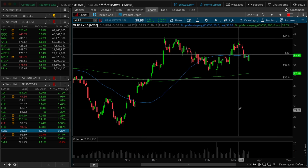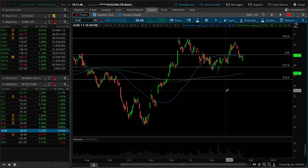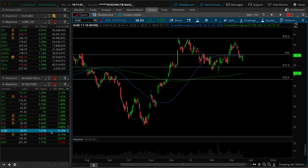Here's real estate. What do we see out of real estate? Rate sensitive, obviously, ticking back in the upward direction today after the FOMC, but still underneath this inflection point here. It's a really lightweight sector, and what do we always say about these? It becomes more important when you break a key inflection point, basically a bigger pivot, right? If we were to make a new higher high, bullish. If we were to make a new lower low, bearish. As of right now, we're just literally in the midpoint of this range,